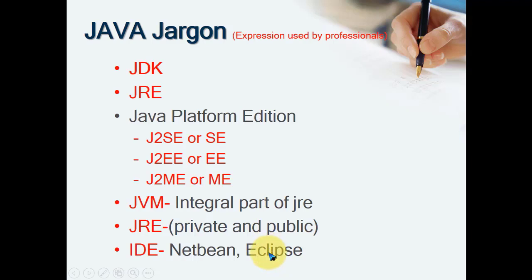Okay, and the advantage of learning Eclipse is that it will help you link so many plugins for different programming languages. So that is a benefit. That's why we will learn Eclipse. For NetBeans, if you only want to learn Java, then you go with NetBeans. Okay, so Eclipse has dual benefits, so that's why we will prefer Eclipse.